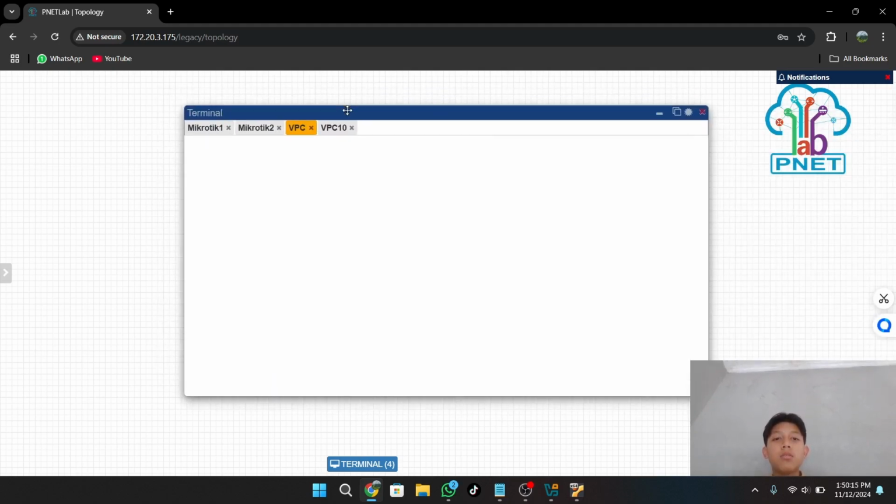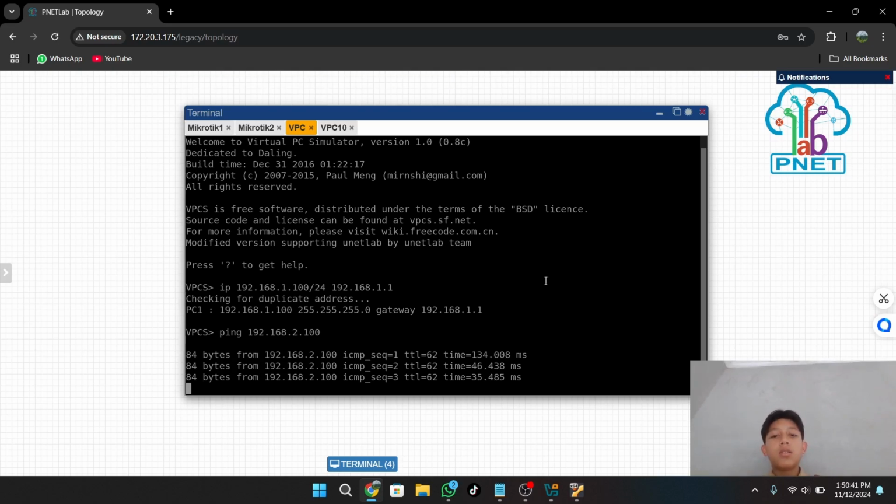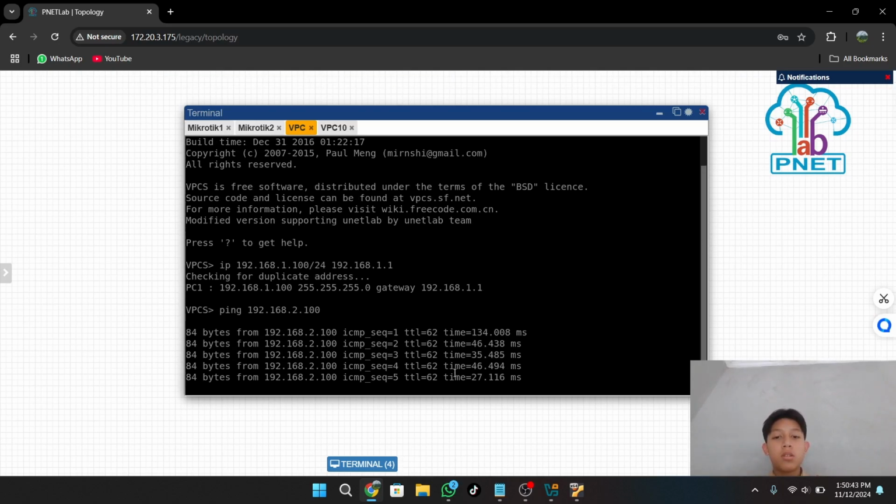Okay, let's try. To check, use ping and type the IP address of VPC 2, which is 192.168.2.100, and it is successful, which means your static routing is successful.